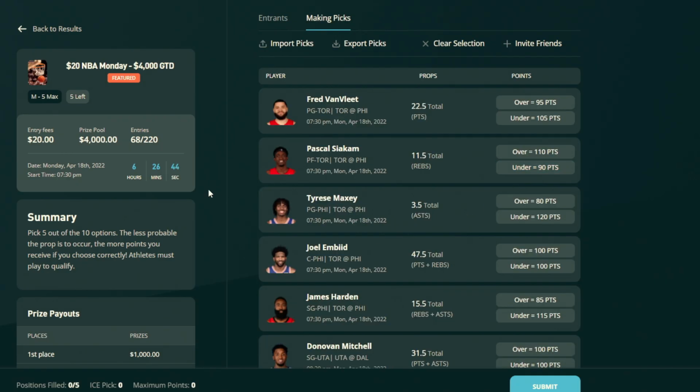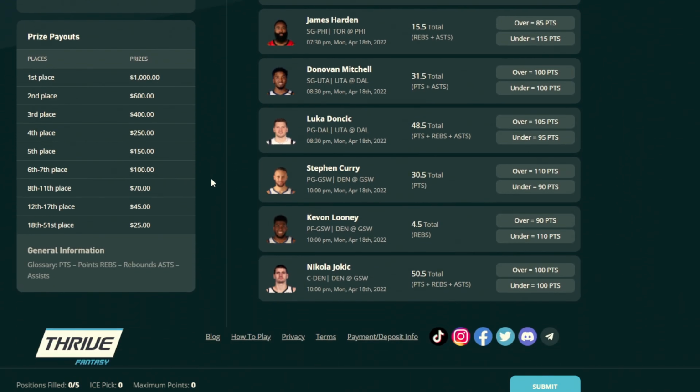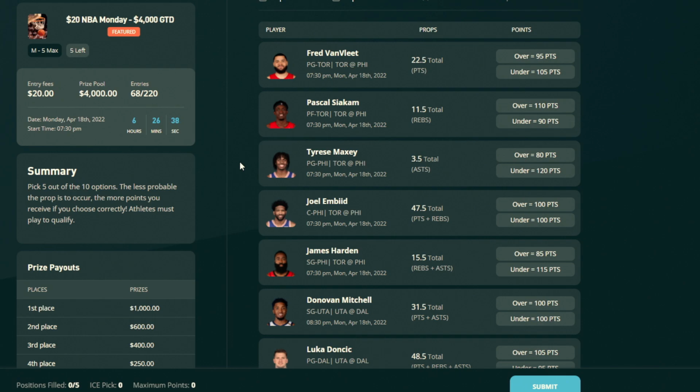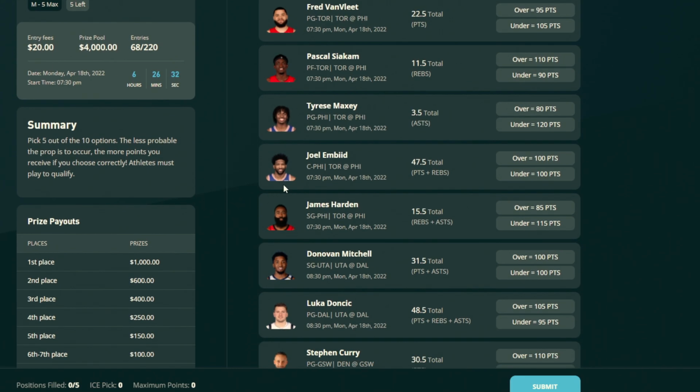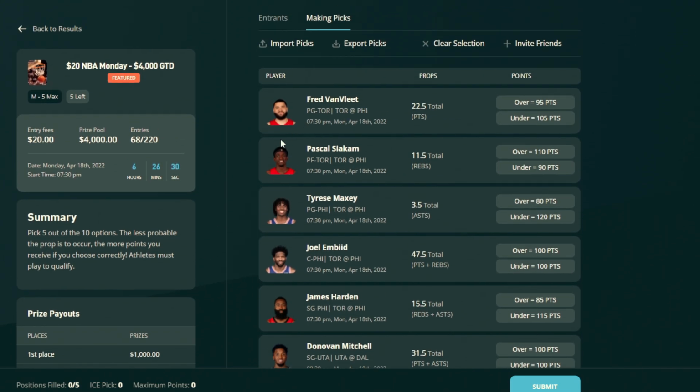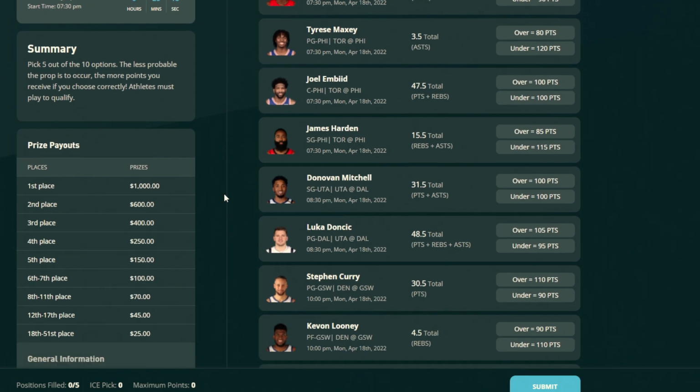We're going to come in here, $1,000 up top. And basically they have a total of 10 picks here. We're going to talk about all 10. And you're just going over or under what you think this is going to play out with their total points here in their props. And like I said, you could use these picks in other props that are out there. So I'm just going to talk about each and every one of them here and see what we can come up with and hopefully help you pull out a winner here.